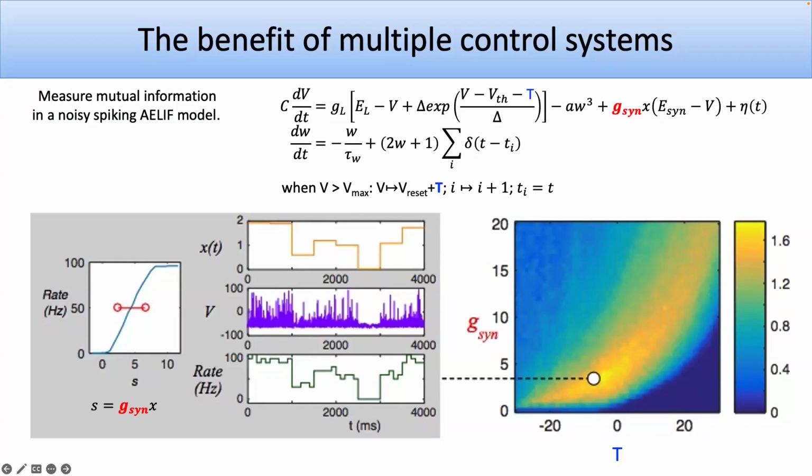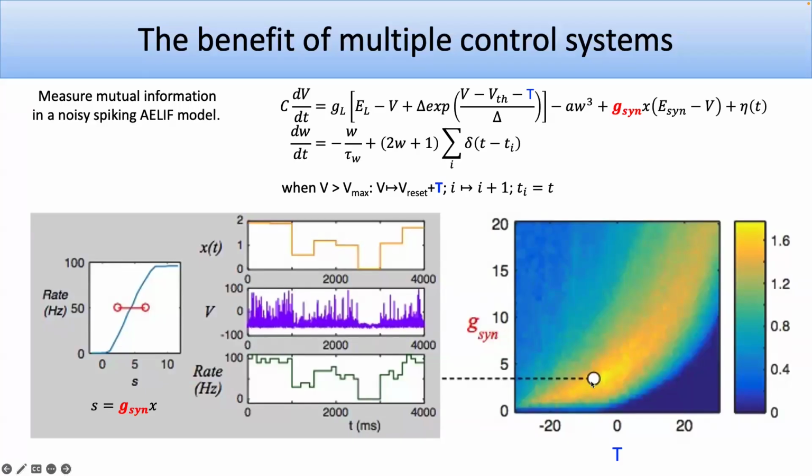So then we calculate the mutual information, and you can see here's a 2D plot. If the threshold is too high or the input is too low, basically it's not spiking at all. That's this region of 0. If it's spiking too much, then you're getting very little difference based on the inputs. And you can see there's a range, but the ideal range is not up here with a very high threshold and very high input, where it's kind of binary. It's either spiking a ton or not at all, which is less information than if you can get a kind of graded firing, which is going on here.